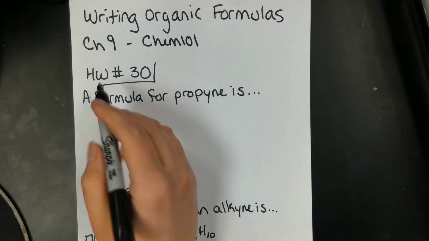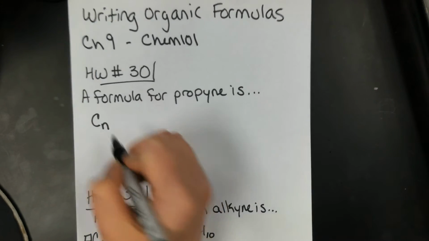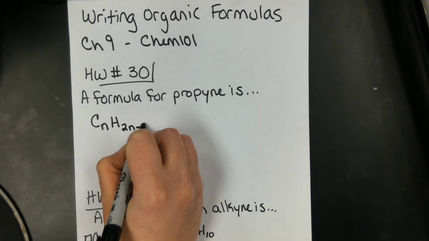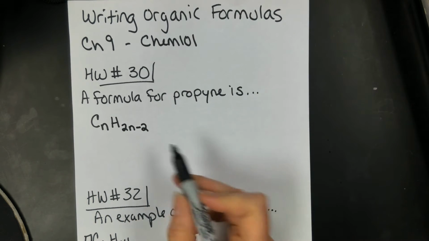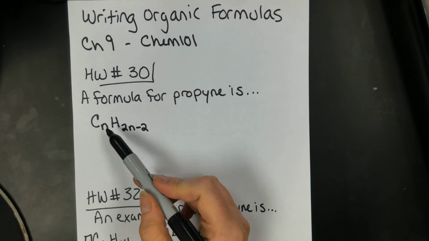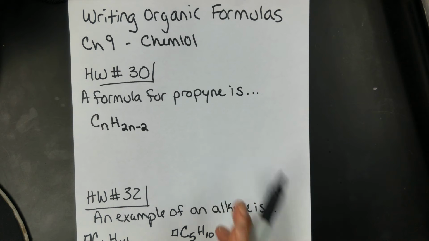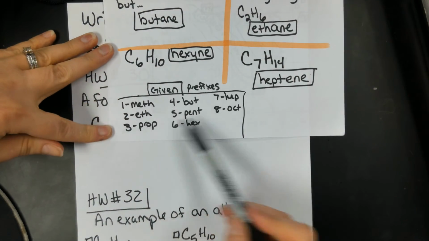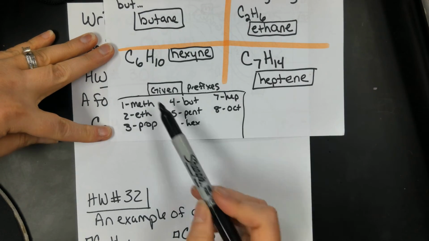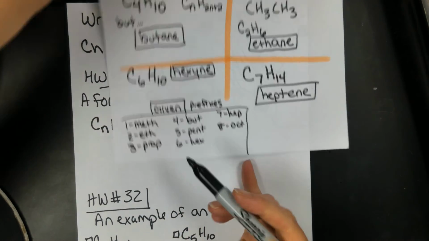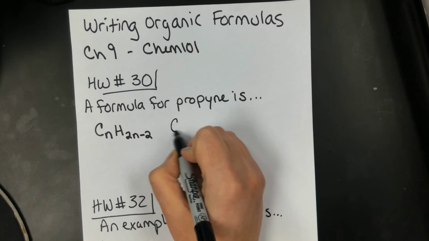So we're going to know that propyne means we have CnH2n minus 2. So what we need to know is what is the n for propyne. So if you remember, and I actually have it from our other homework, we're going to be given the prefixes. So if it starts with prop, we know that there's going to be 3 carbons. So if it's C3,